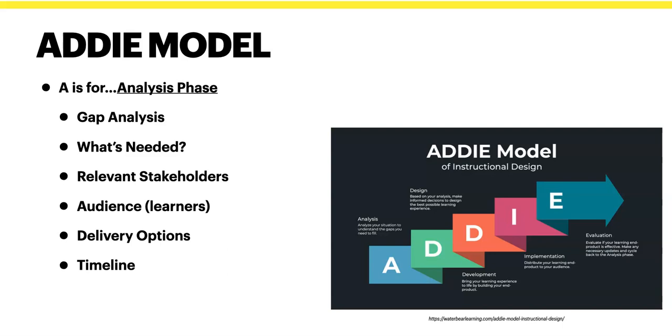You're determining what exactly is needed in order to make a product that you want, that's going to be best for your organization. With that, you look at relevant stakeholders. Who's involved? Who needs to be part of this process? What's their role? What's their responsibility? What's their contribution? And then you also look at your audience. Who are your learners? Is this a K-12? Is this an undergrad, a graduate, a doctoral level program? Are we looking at teachers? Are we looking at possibly firemen or policemen? We look at the audience. We look at who's going to be taking in this content, and that'll help us determine how exactly we want